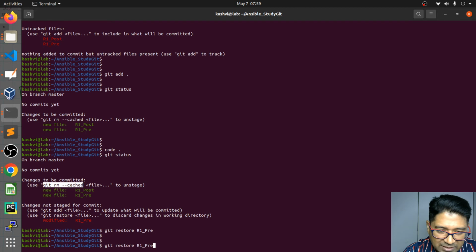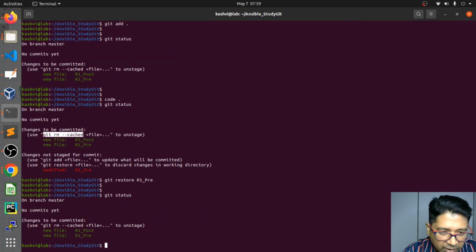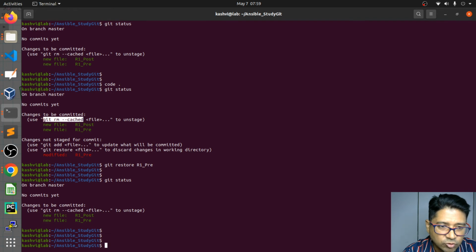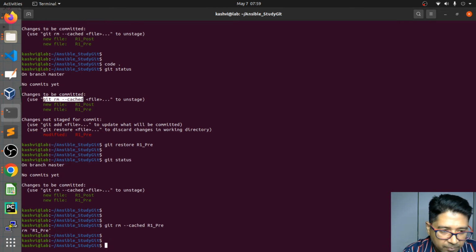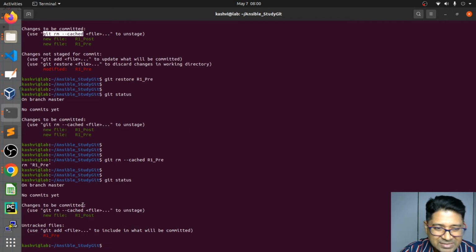So I have done. Let's check the status. You can see restore. Sorry, I have to do not restore. Removes. Yes, remove from cache. I'm going to remove from cache. Restore from tracking to unstage means unstage area to stage area. So we're going to do cache and remove free checks, and we're going to see that this is removed from stage area back to the